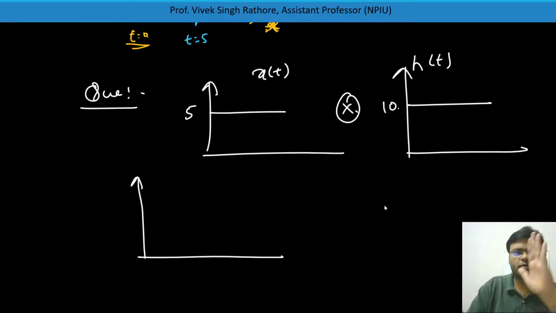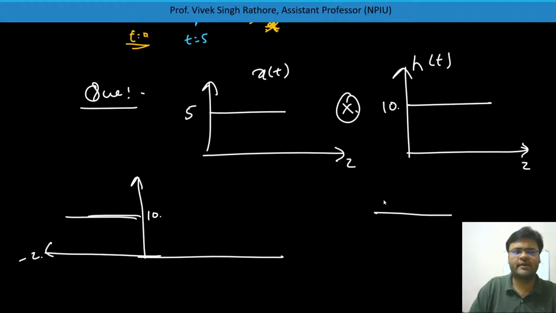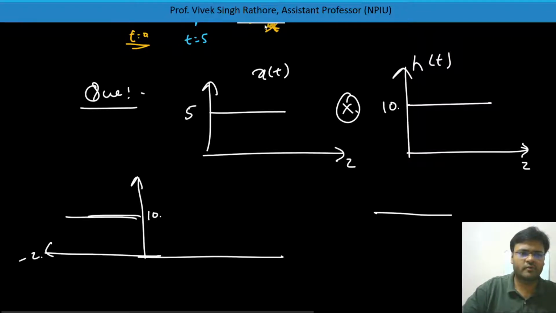So what you need to do, first you need to change the domain, tau. Second, you need to shift your signal, your h of tau will be shifted, h of minus tau means this signal will be from this value. Okay, no problem. Now it will be shifted towards right hand side again and again. So you'll get your output response as